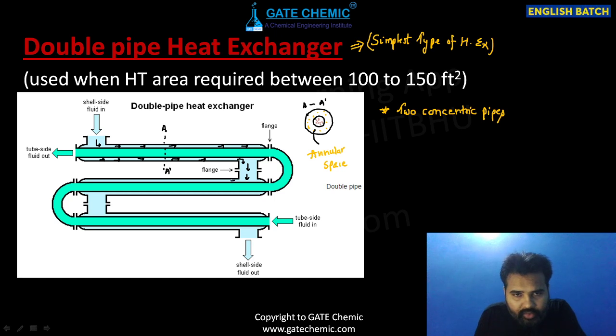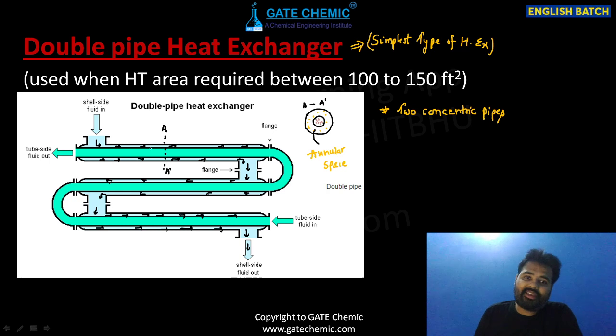Now fluid is flowing from right to left. Now again from left to right, because we can't use a straight construction. Why? It will take very large space. Now you can see beta, this fluid exited.